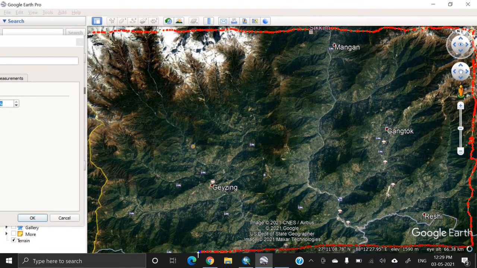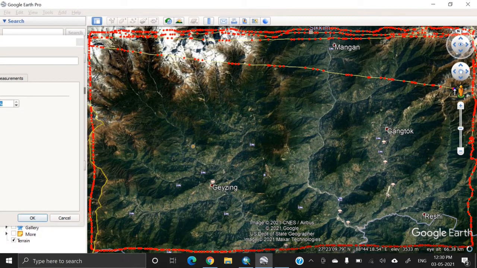So move the cursor slowly so that you can get more points. First, create the boundary around your study area and then generate the points slowly, and the points should be drawn in a very dense manner. Now, as you can see, if I move the cursor quickly, then the gaps between these points become longer.